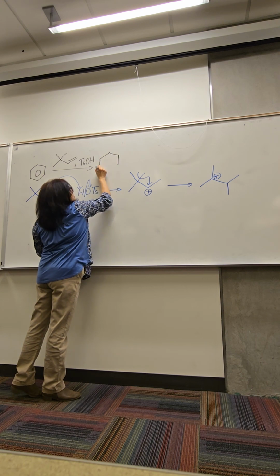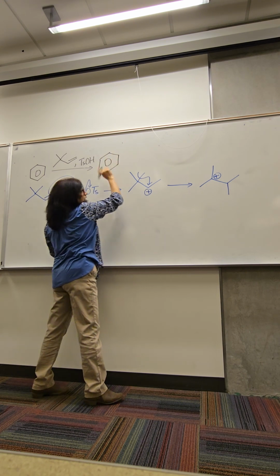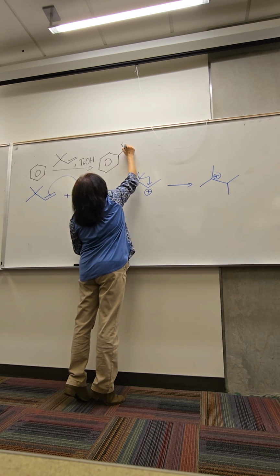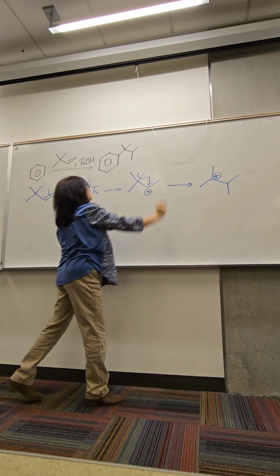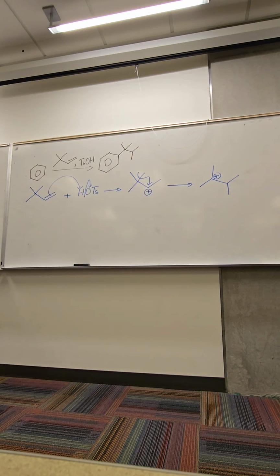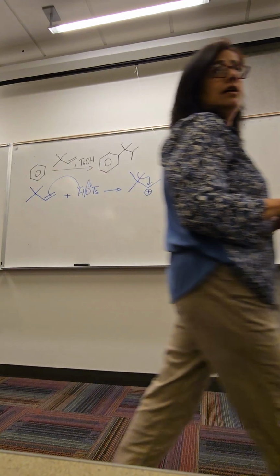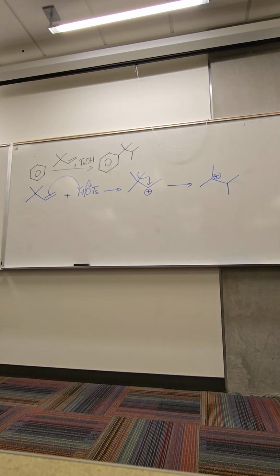Once benzene attacks the electrophile and makes a sigma complex, the major product comes from the more stable carbocation. Is that okay, everybody? Are you all seeing the patterns here? Okay, so